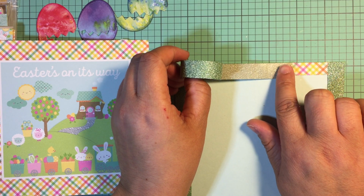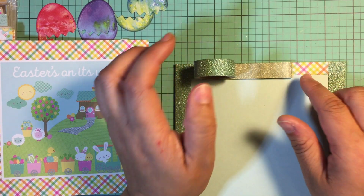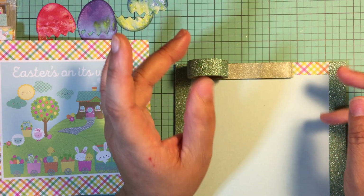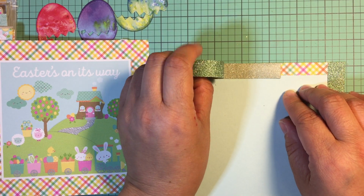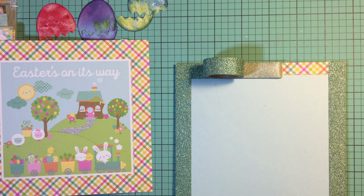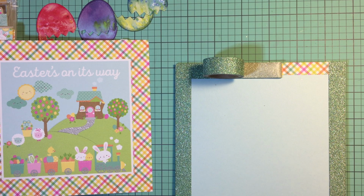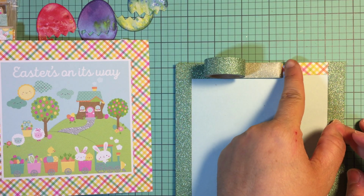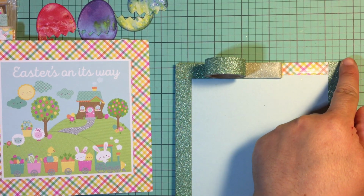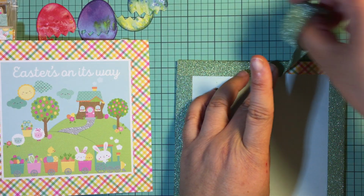Some have zero tack, some have too much tack, and some are somewhere in the middle where it sticks initially, but after turning the page a couple of times, it starts to not stick and you have a hot mess. What I suggest you do, and what I do whenever I'm using washi in the flip book, is I put a little bit of glue on my finger because I don't want a hot mess. And wherever I'm adhering the washi, I just put a thin layer of glue, just because this is going to ensure that my washi